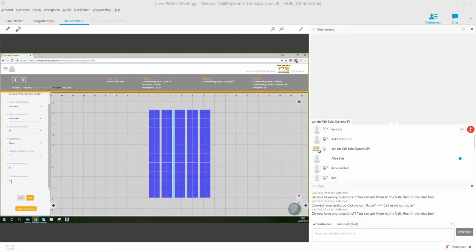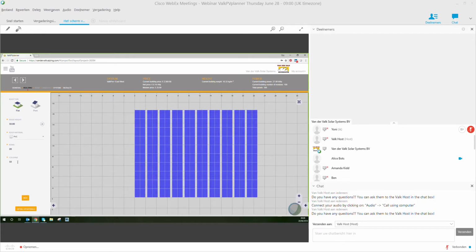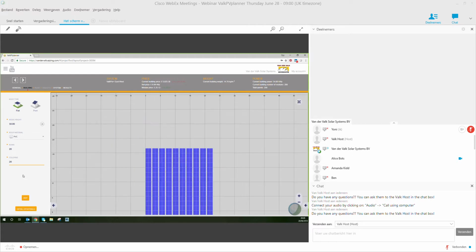note that with the east-west system, it's the number of panels. So it's after the 4th panel, not the 2nd peak, because of course this is only 2 peaks but 4 panels here. You can change that back to 0. There are maximum array sizes and row lengths that you can have, and if you exceed these, then the dilations will be automatically added. So for example, if we go back and we change our array to 20 by 20,